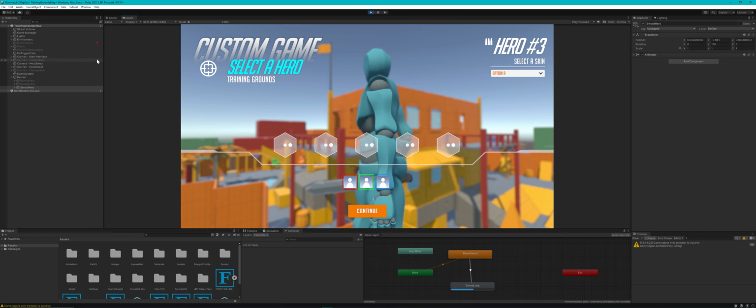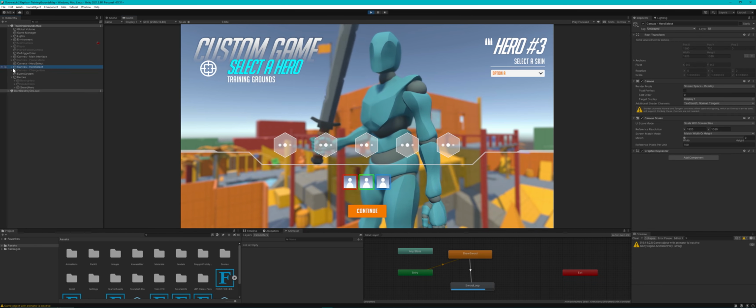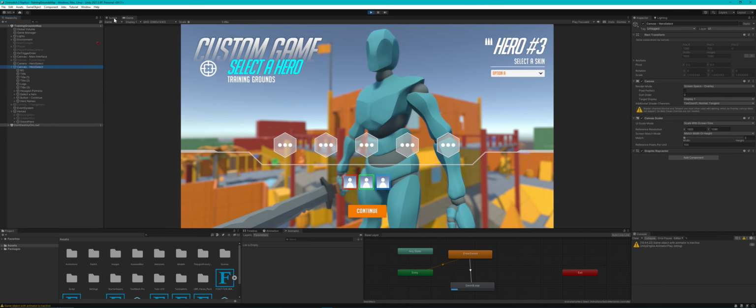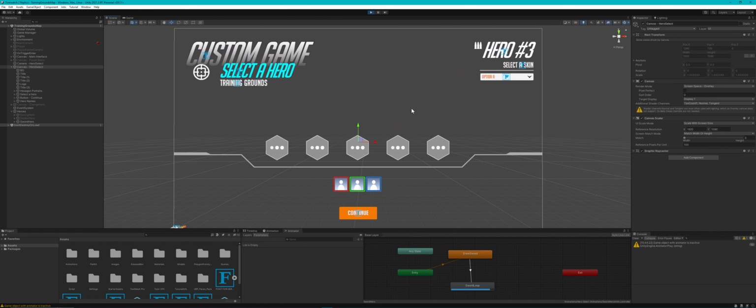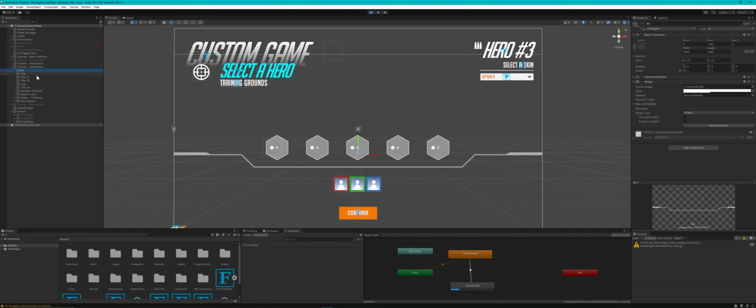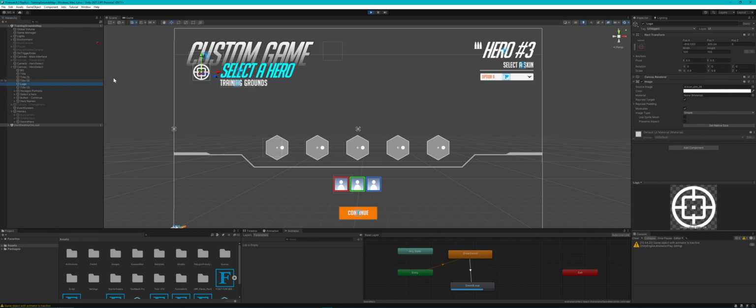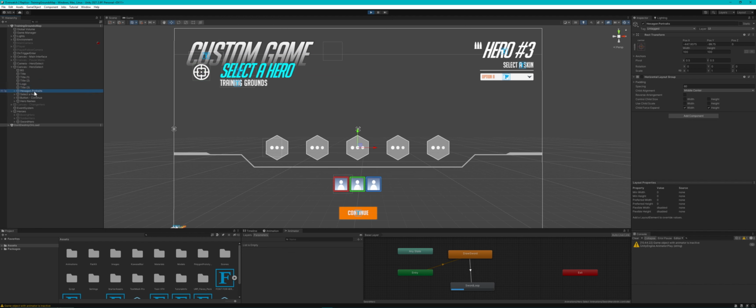And we can look at the canvas for the hero select. I'm going to go on scene view. I'm going to focus on it. But we have the title text, we have a logo for which game mode we're in. And then I made these hexagon portraits in Photoshop. And then you can see